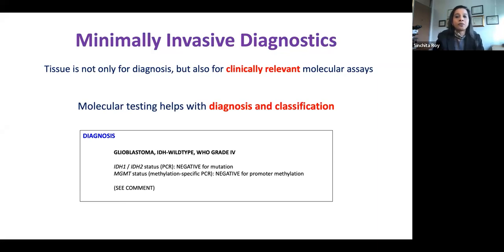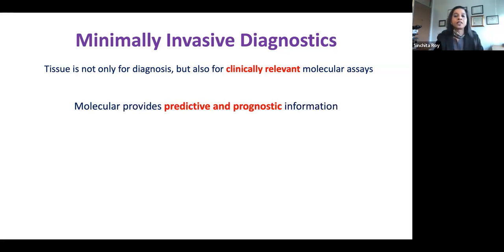So an example of where we use molecular testing in pathology. Number one, we have been using it for diagnosis and classification. And I think neuropathology has been leading the field, where they're the first subspecialty in pathology that has incorporated the molecular testing into their diagnostic line. So you cannot just call something a glioblastoma anymore. You need to always try to subtype it, and your diagnostic line needs to include that molecular information that will decide how that patient's going to be treated.